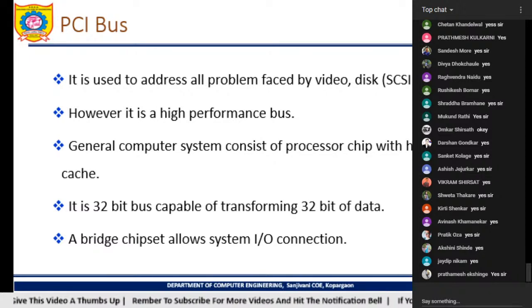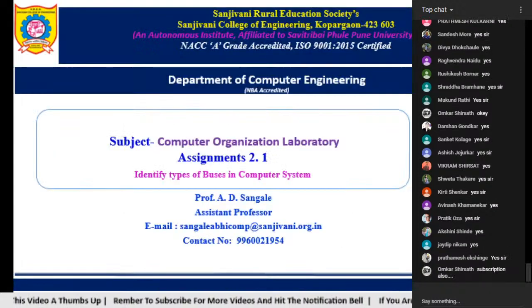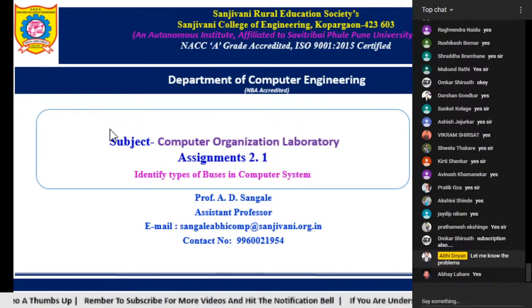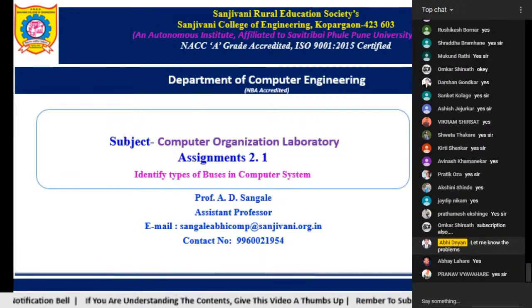So summarizing this content, what is a bus? Bus is a subsystem of a computer which is used for sending data between devices, or for communication between devices. There are three different types of buses: address bus, data bus, and control bus, combinedly called the system bus. These are the three main buses in our computer system. There are different buses also besides this. So there are internal buses and external buses.